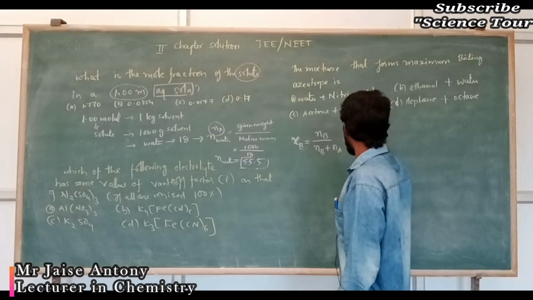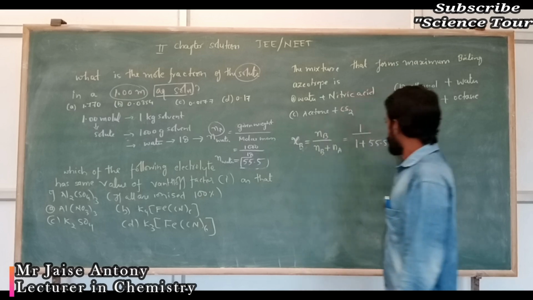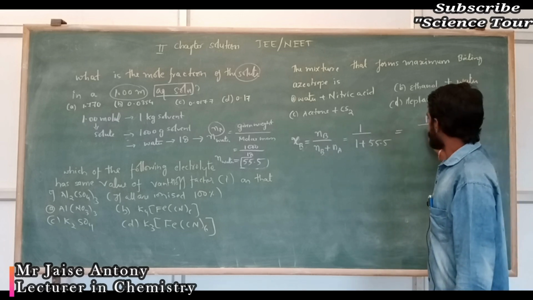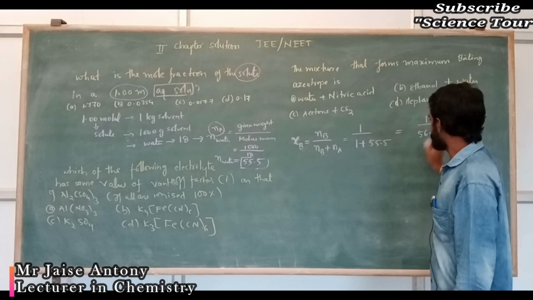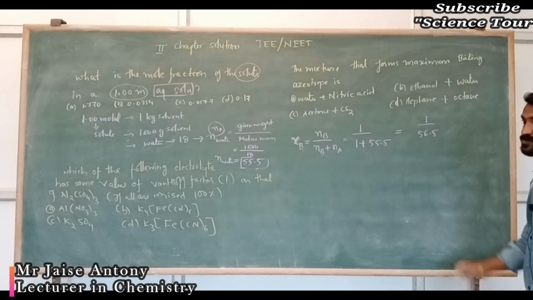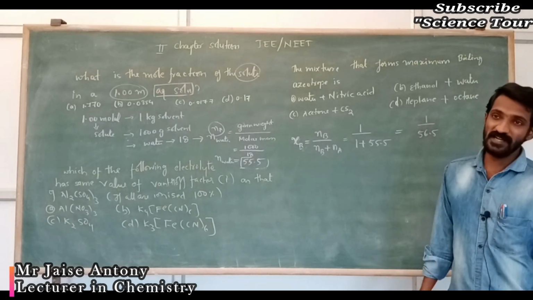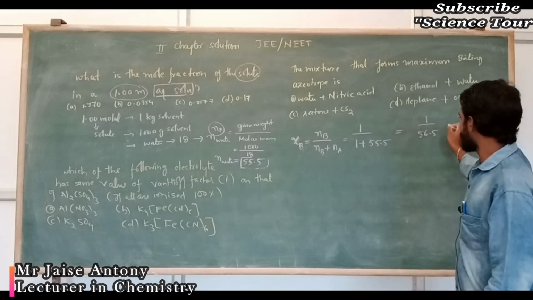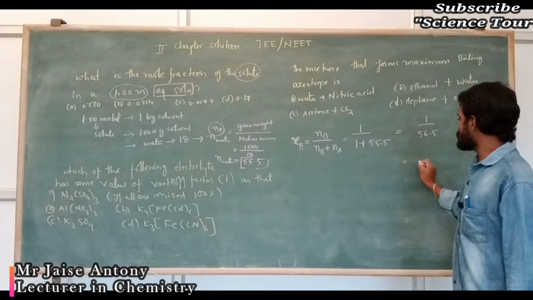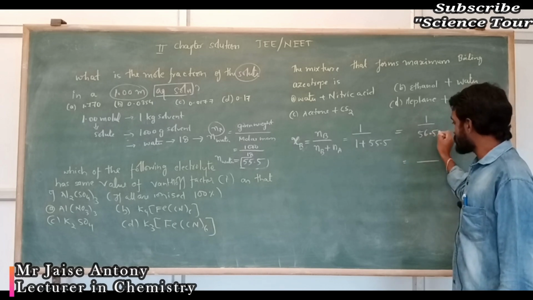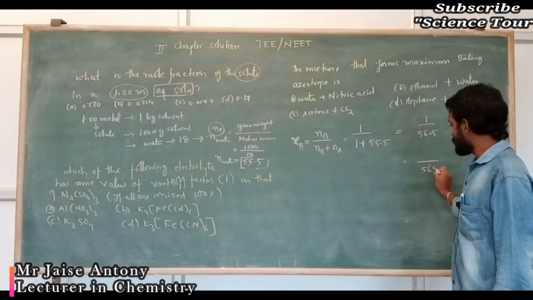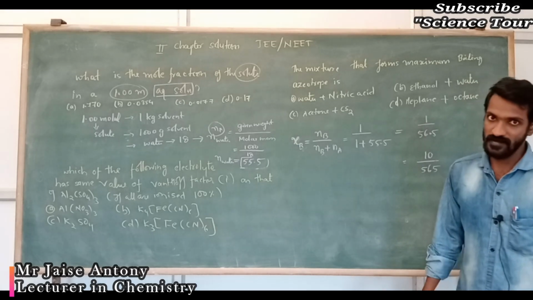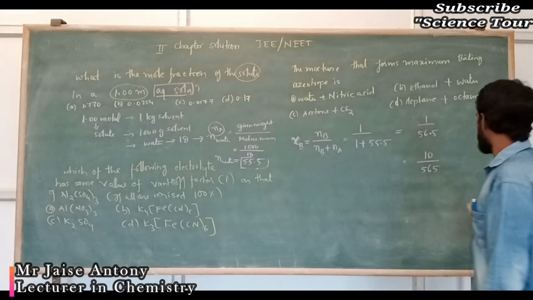Here this is 55.5. Okay, 55.5. And here you will get 56.5. Correct? So dividing this term is a little difficult, so I will make a solution for this particular. How to divide this? Here 56.5 is there, that I will take as 565. Here 1 is there, that I will take as 10. Now it is easy to divide.